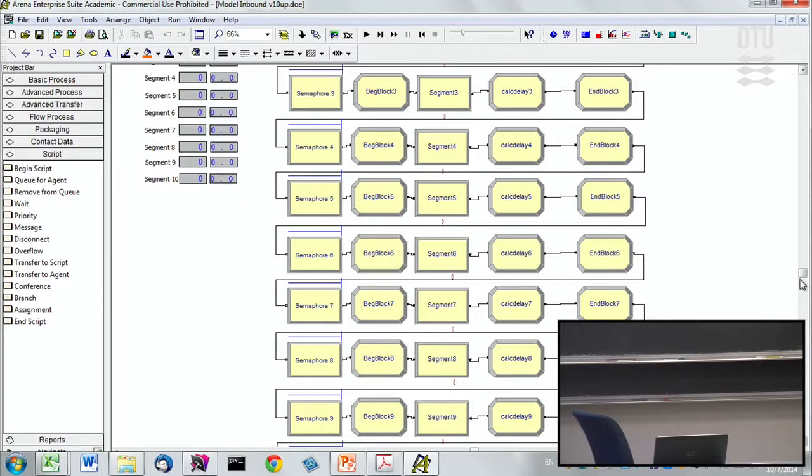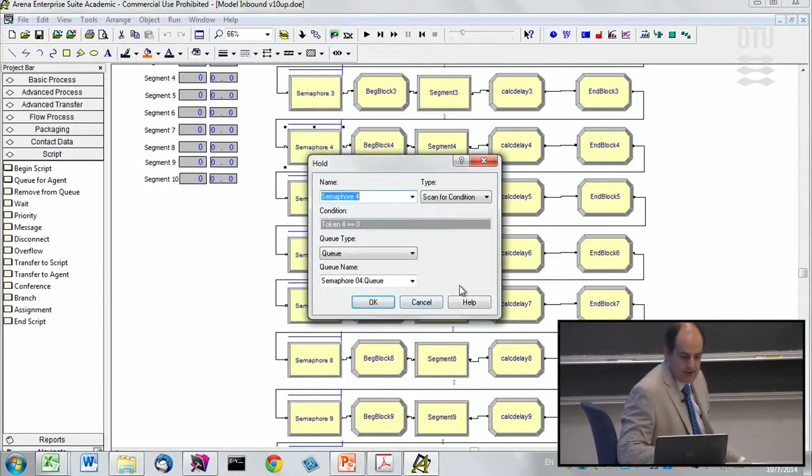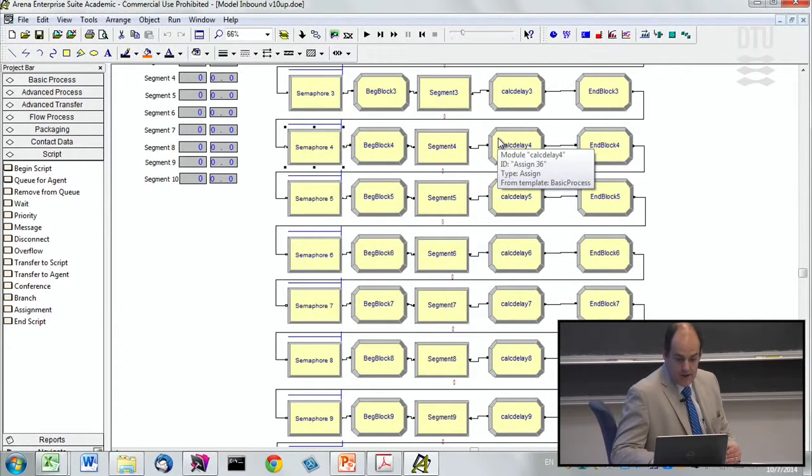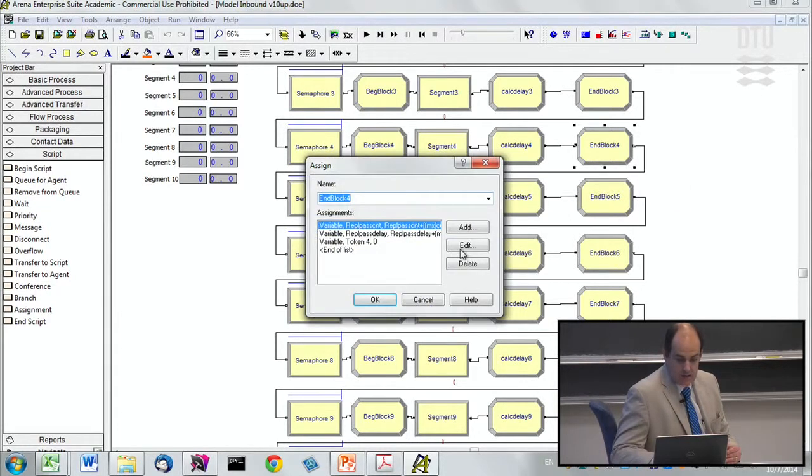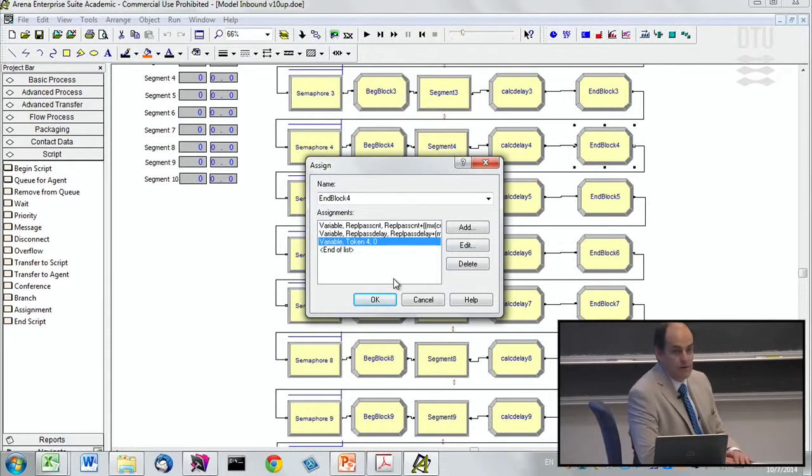And so it's going down the line here, and I'm managing the semaphore conditions. I've got a block here that's acting as a semaphore. It's a hold, a queue hold kind of block, but it essentially prevents a train from entering this block until the semaphore is cleared, and the semaphore gets cleared when the train leaves the block, and I set the semaphore token to 0. So